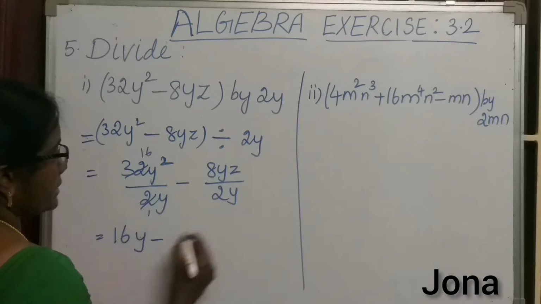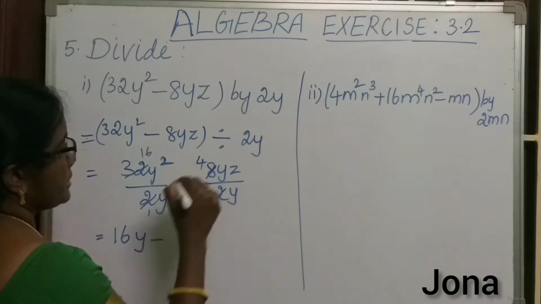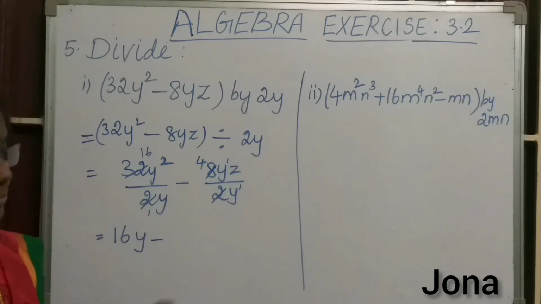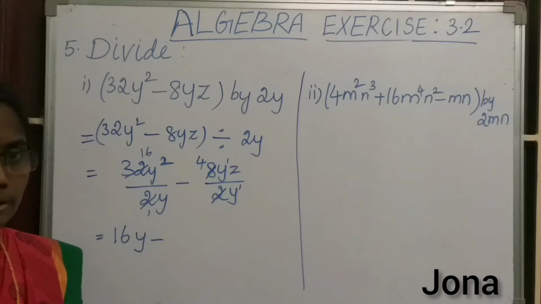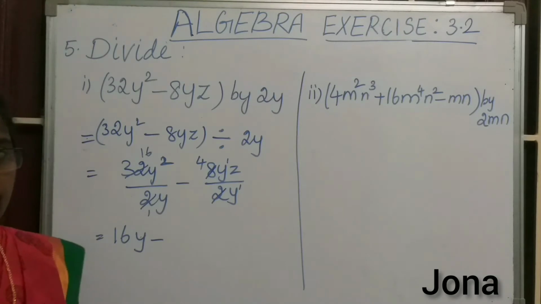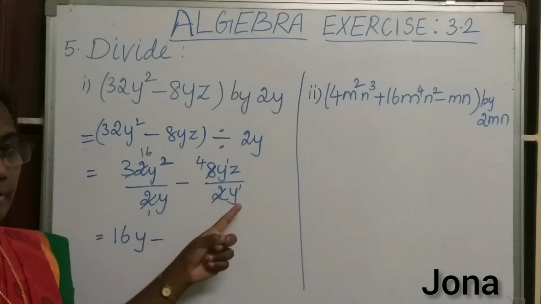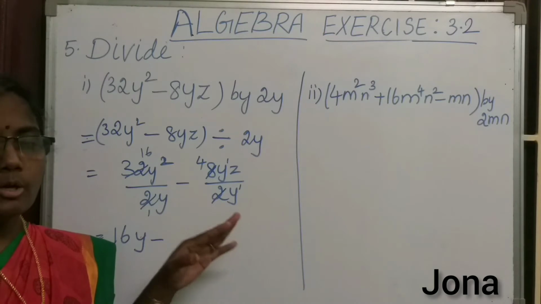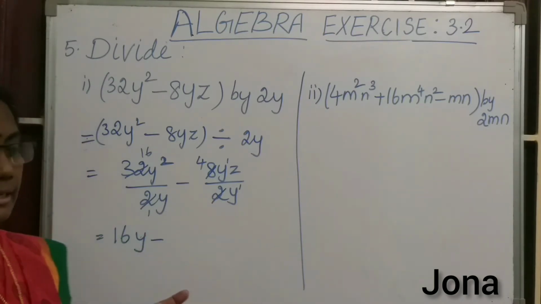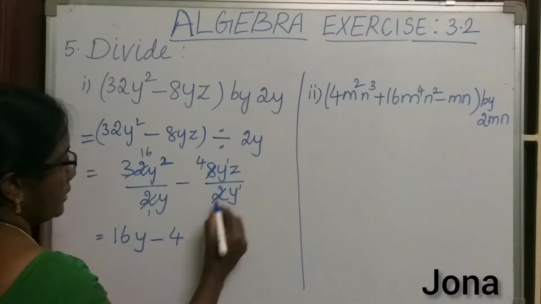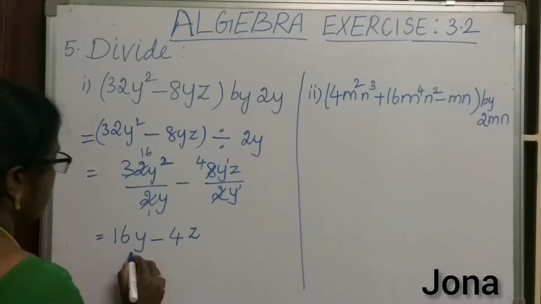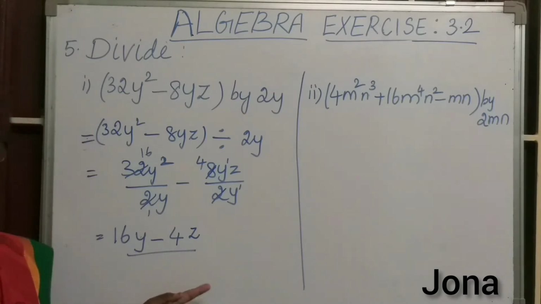And then put this minus, here 1, 4 times. So here y power 1 and here also y power 1. So 1 minus 1 is 0, or else we can directly cancel this y and y. So 1 minus 1 is 0 only. So no need to put any y terms. Y power 0 is 1 only. So no need to write anything there. So 4 is z. Z term is simply here. So your answer is 16y minus 4z.